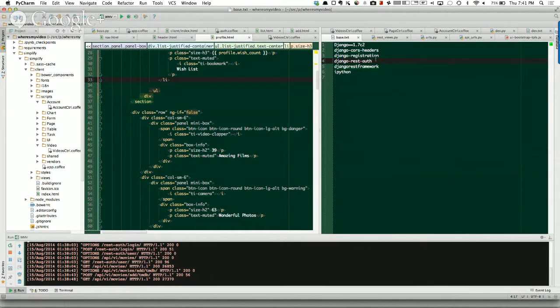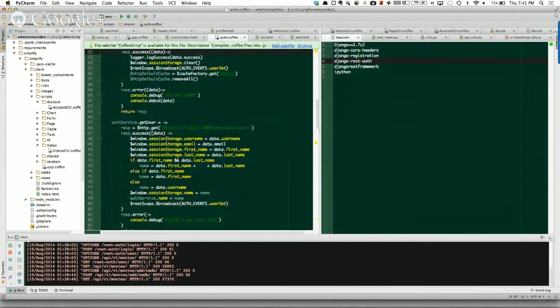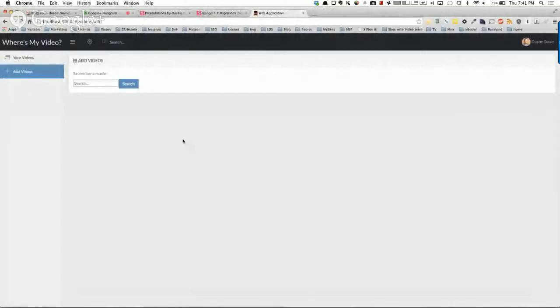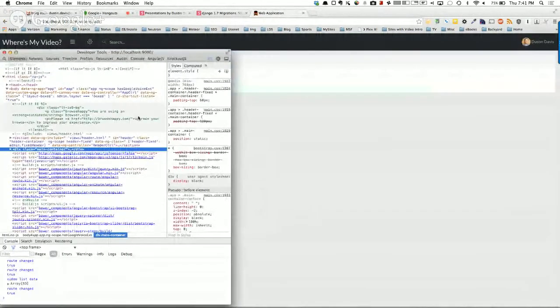Does it also create like the session ID and all that? Create sessions on the back end? For my sessions, let me pull that up. Angular has, hold on, let me pull it up. They have this window.sessionStorage. And so when I log in here, yeah. Yeah, if you go to